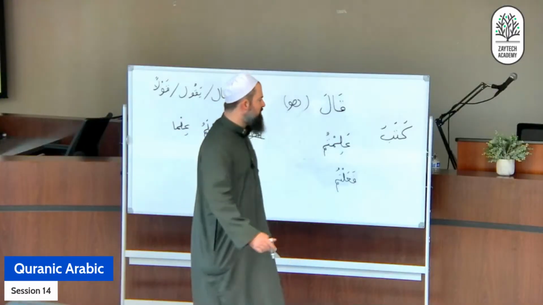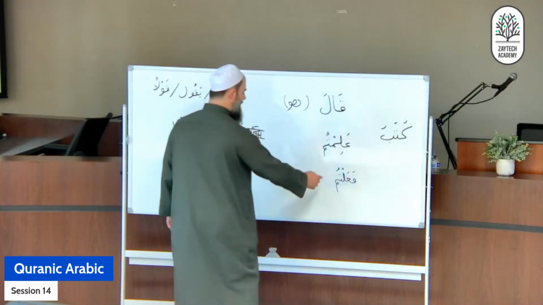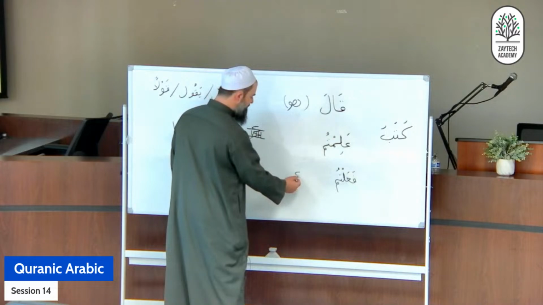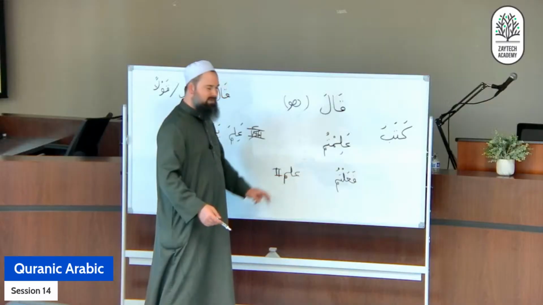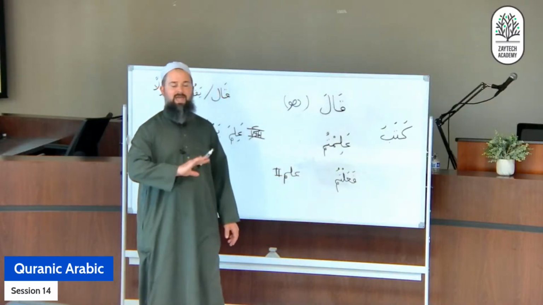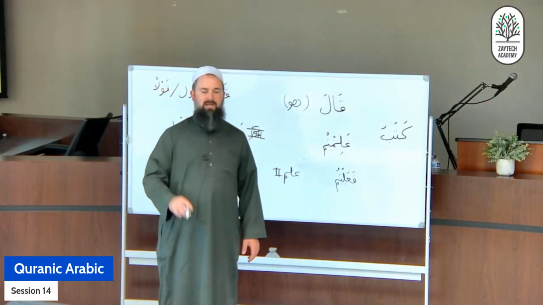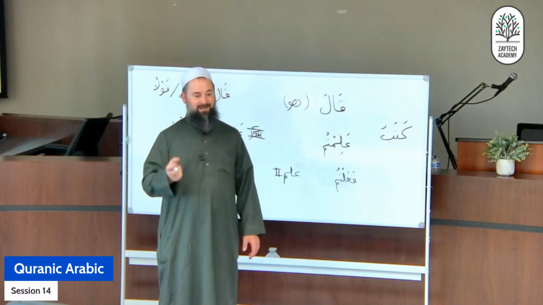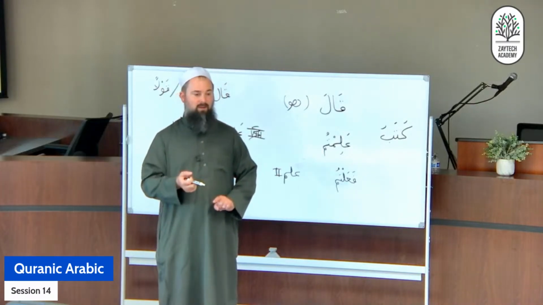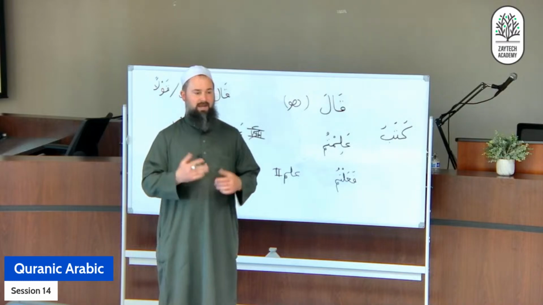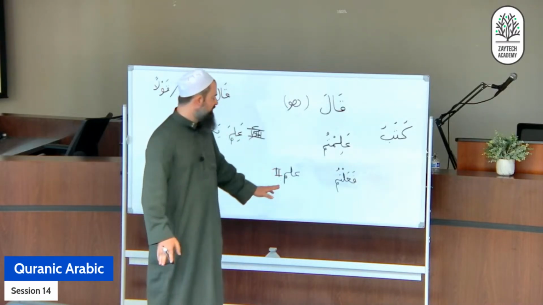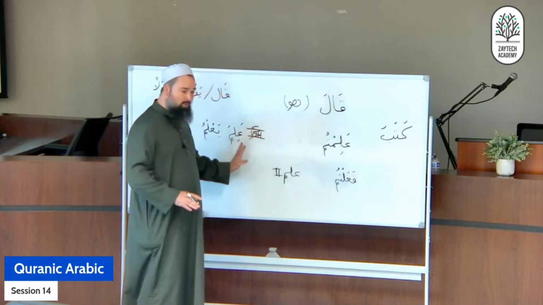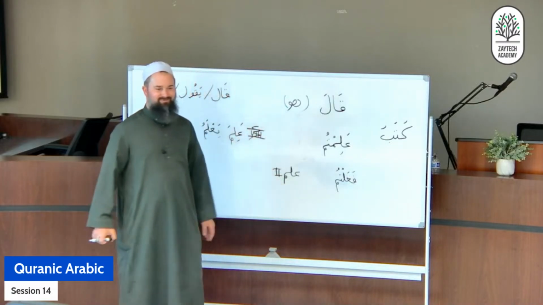I'll give you an example. Like if I say, for example, fa'alima. If I did this, and like I don't know what you're talking about. Okay, this is ain lam mim, and it's form 2. You don't have to tell me anything. I can work it all out. I can say allama, yu'allimu, ta'lim, mu'allim, mu'allam. I can work everything out. Allama, yu'allim, mu'allim. I can work everything out just with this predictable pattern. But the normal verb, which is what we call form 1, is not predictable. You have to memorize it.